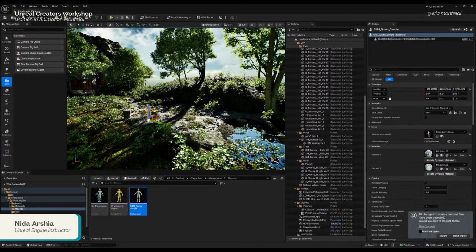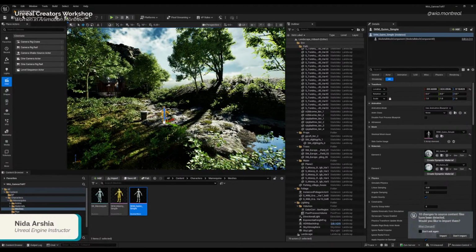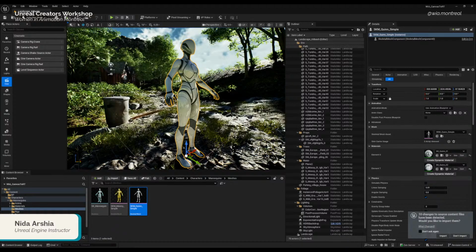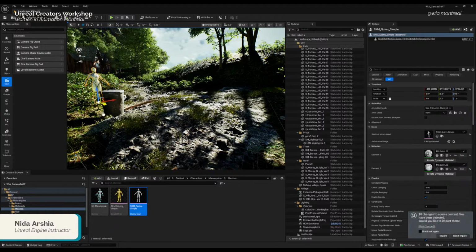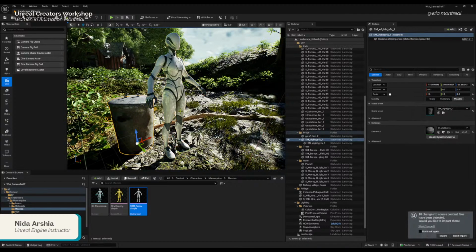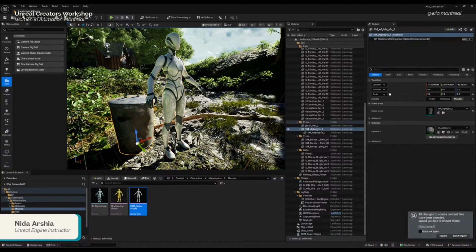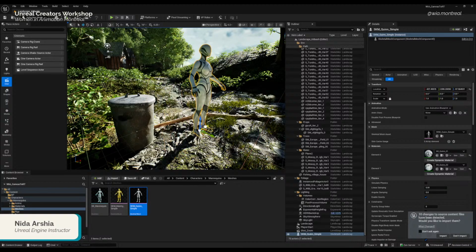It's the actual real life height. Now if I go close to the mannequin, this character, and place it next to the trash can, clearly the trash can looks big because we scaled it. This is going to help you in deciding what the scale of the props or assets or whatever you're adding to the level is going to be. So make sure that you have this in the scene before you start adding props.